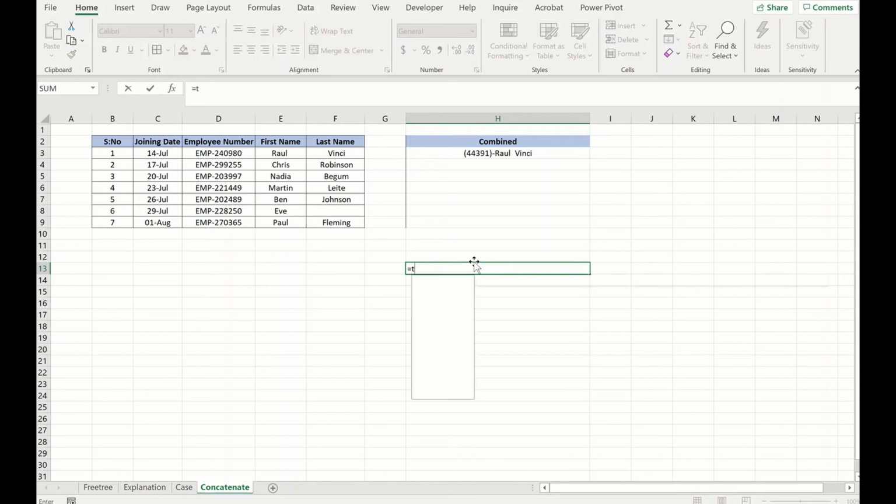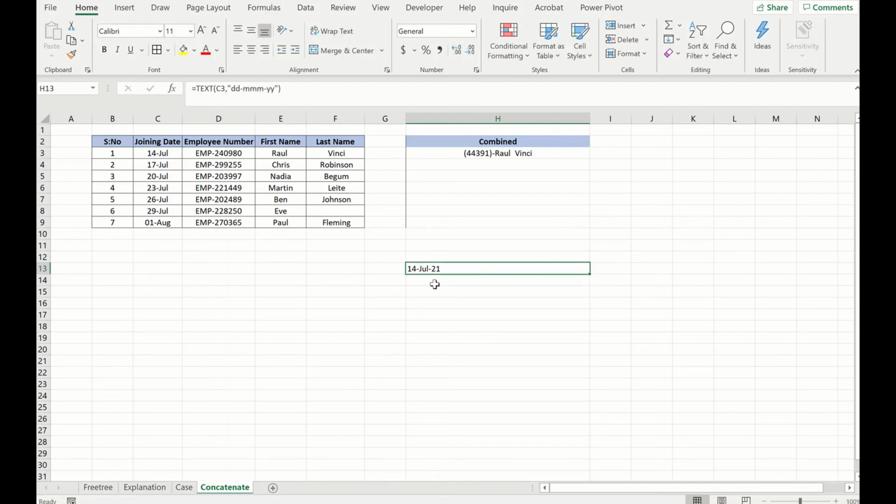So how does TEXT work? TEXT is a function. You type TEXT and then select the value you want to convert, that is this, comma, and in what format you want it. You have to put the format within double quotes. So for example, you put double quotes, then the date, dash, month, you want the entire month to come, like JUL, so MMM, dash, and you want the year also, just the two digits, YY.